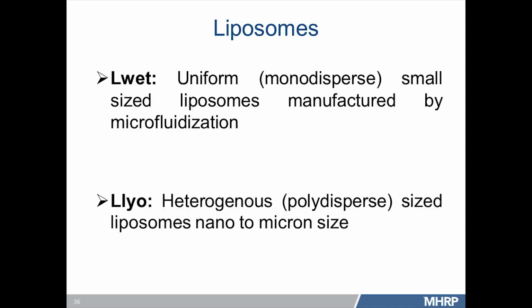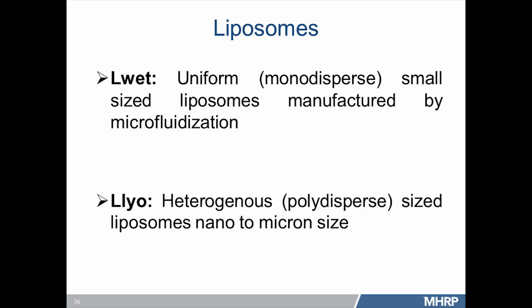So we used two sample liposomes in our application, LVET and Llyo. LVET is analogous to the alphabet that I talked about in the beginning of the talk, and Llyo is analogous to the Llyo. LVET is prepared by microfluidizing the MLVs to generate uniform, monodisperse, small size liposomes, while Llyo is prepared from LVET by lyophilizing it. In the lyophilization, you are evaporating any aqueous solution out of it,